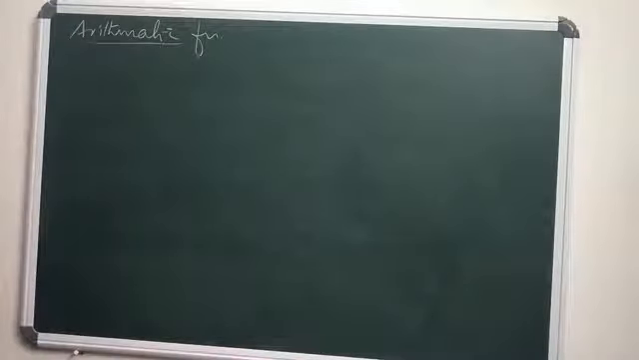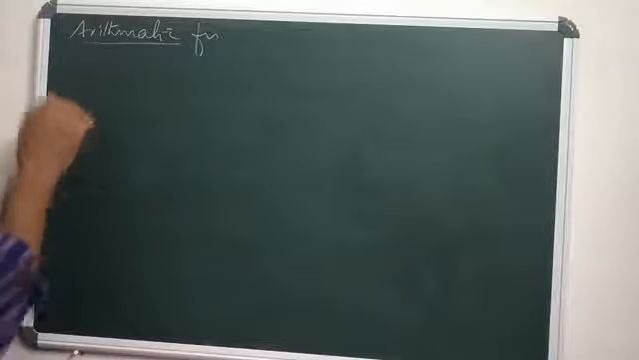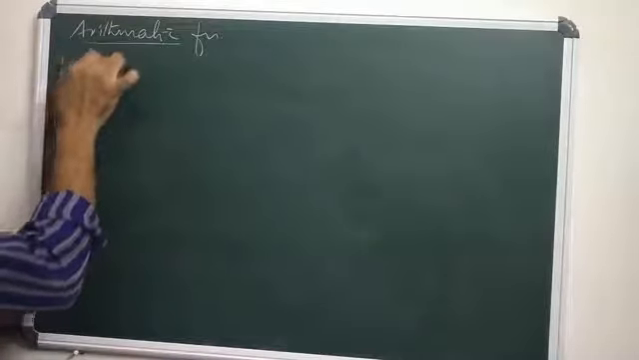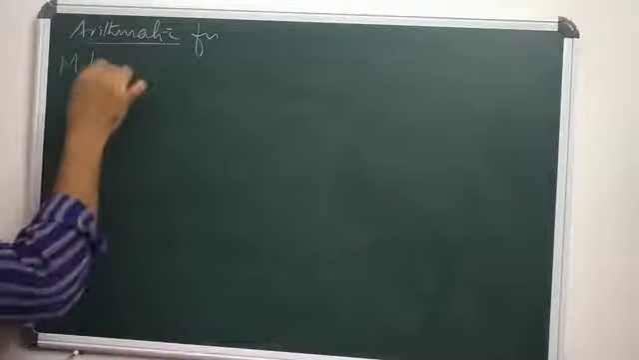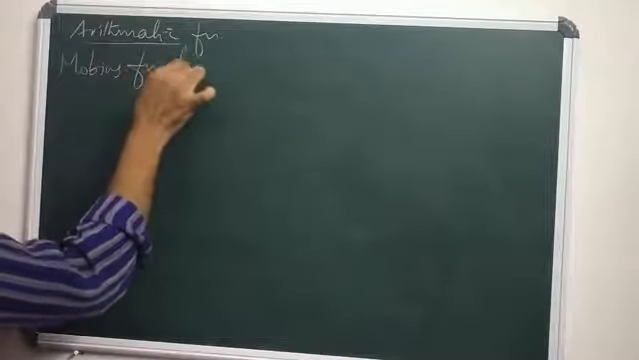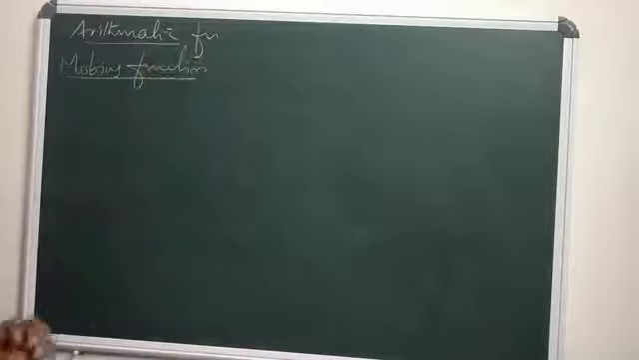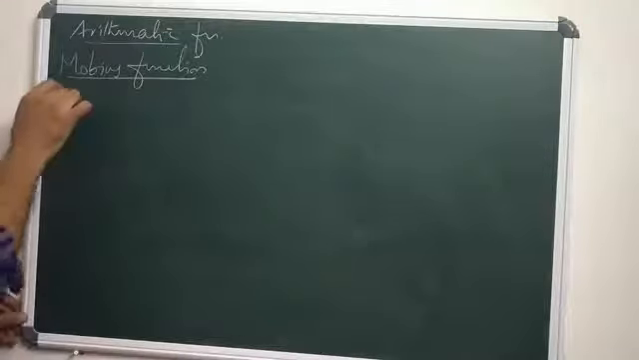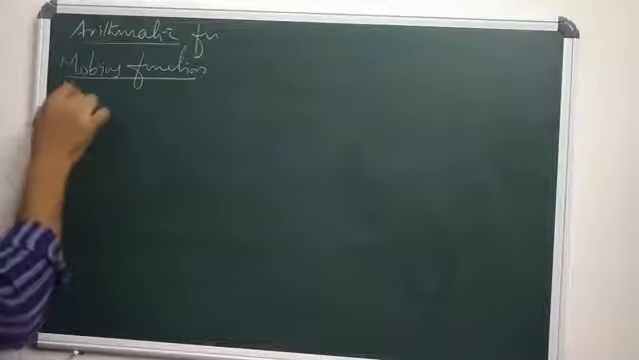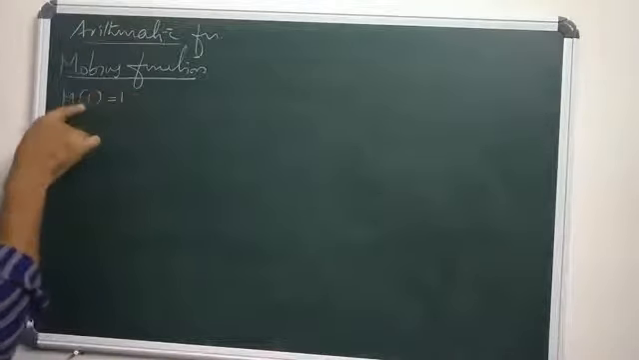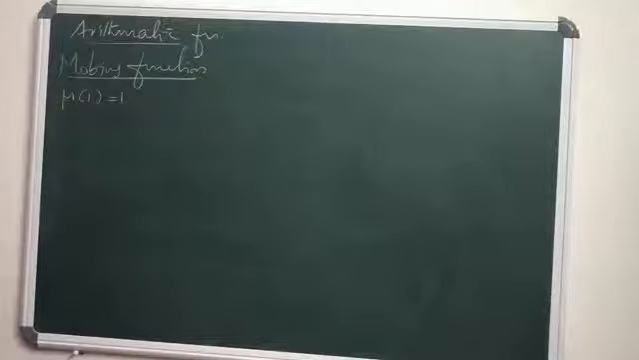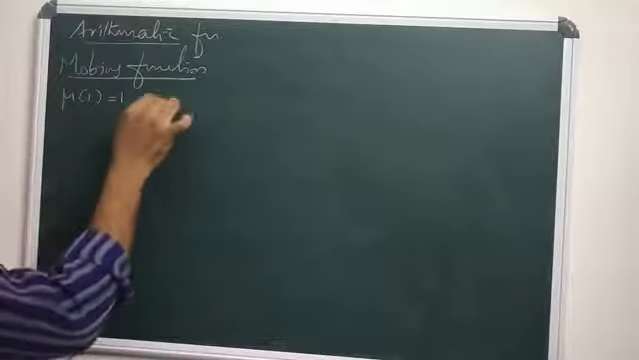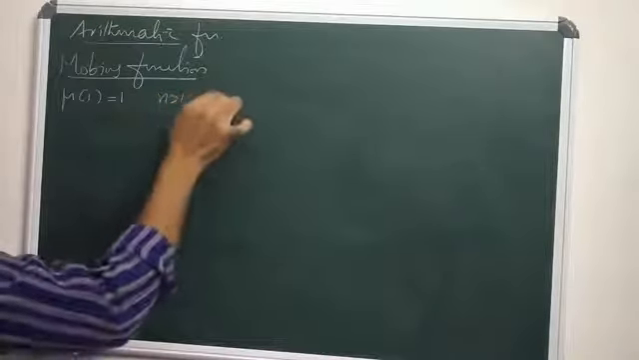There are different types of arithmetic functions: the Mobius function, the Euler quotient function, etc. So what is the Mobius function? That's our first one. The Mobius function is denoted by mu and is defined over only positive integers. Mu of 1 equals 1, and mu of n, if n is greater than 1, and if n is